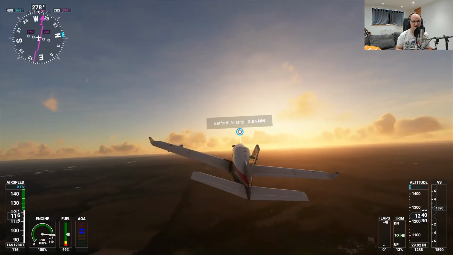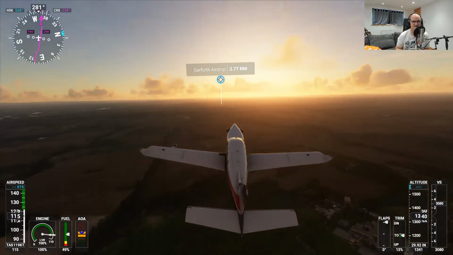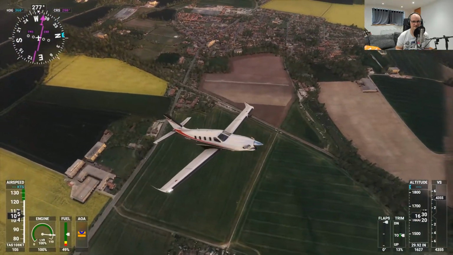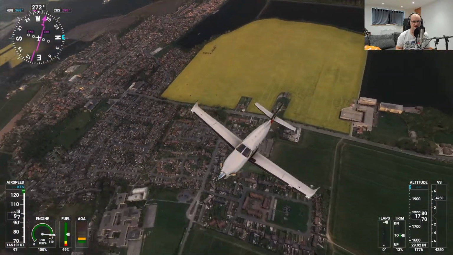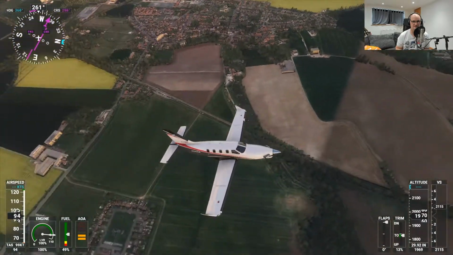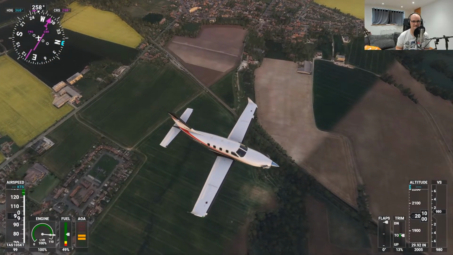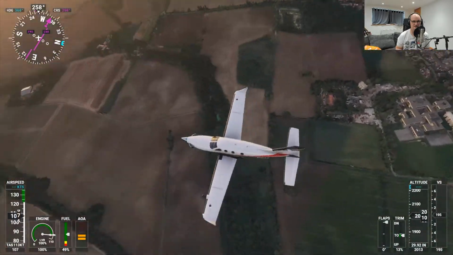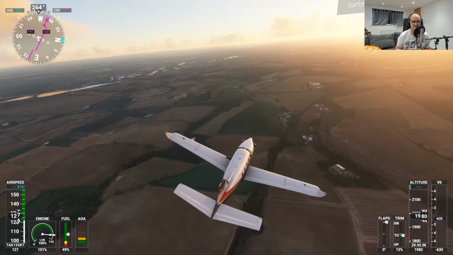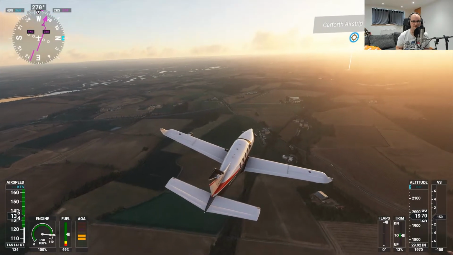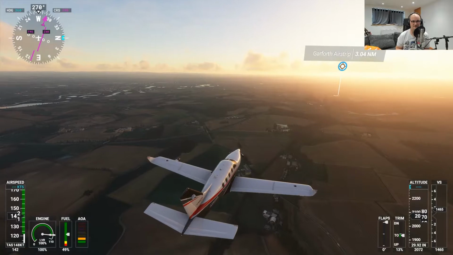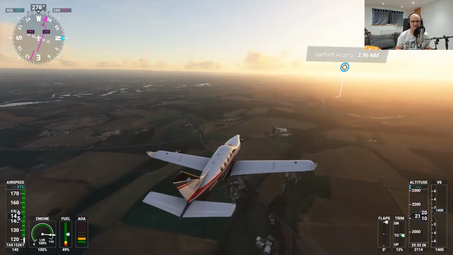Yeah, it's crazy, and the level of detail is just ridiculous. Like everything is kind of exactly how it should be, really. When I was recording a previous episode earlier today, which you won't see unfortunately because the settings were just a bit rough, I was following the M1 going through Leeds, and